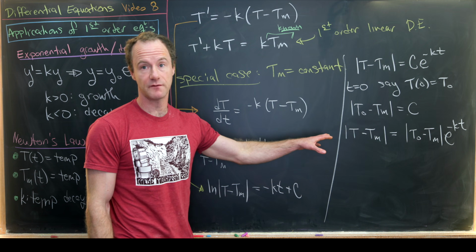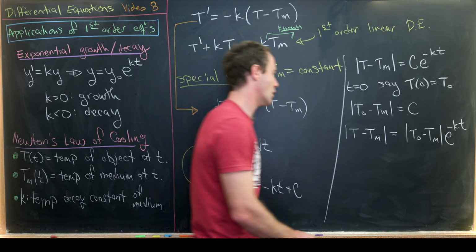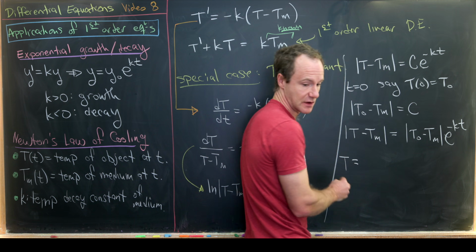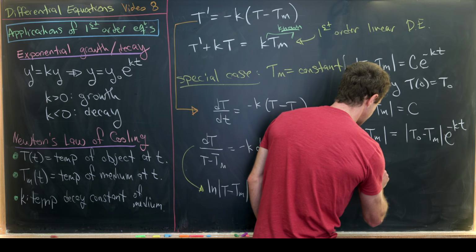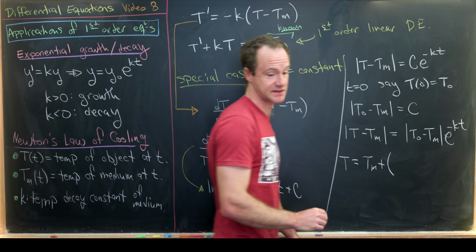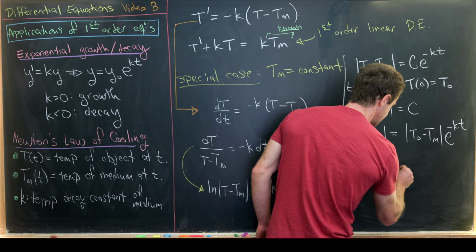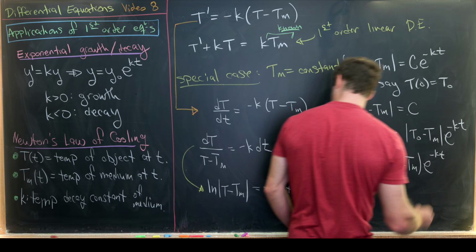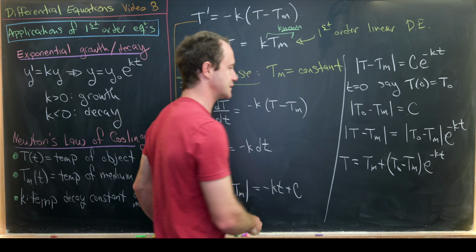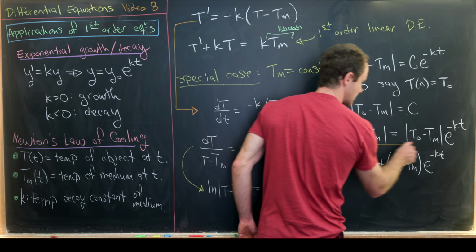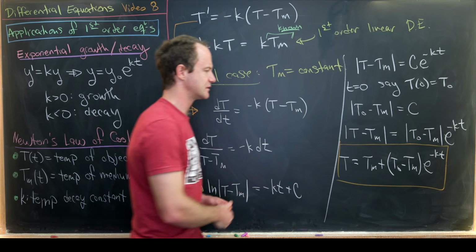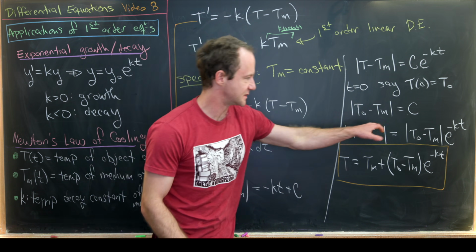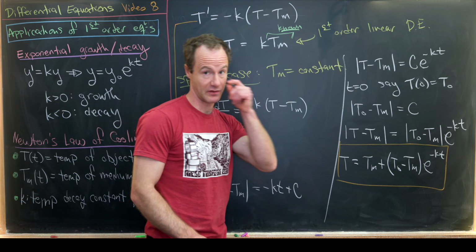But now we can solve this for T, and in fact what we'll get is T is equal to the temperature of the medium plus the initial temperature minus the temperature of the medium times e to the minus kt. And you might say, well, where did my absolute values go? Well, it turns out that my absolute values take care of themselves because I have them on both sides of